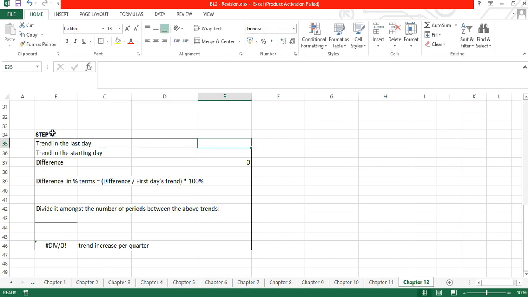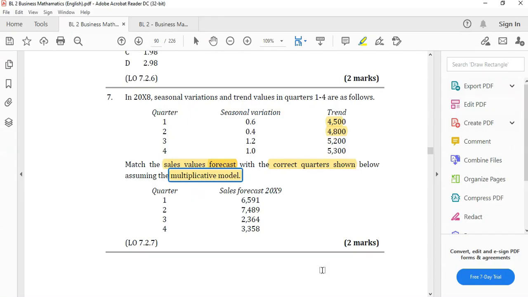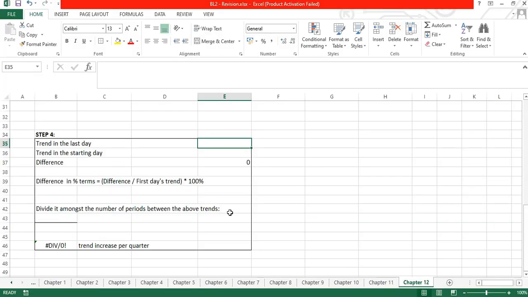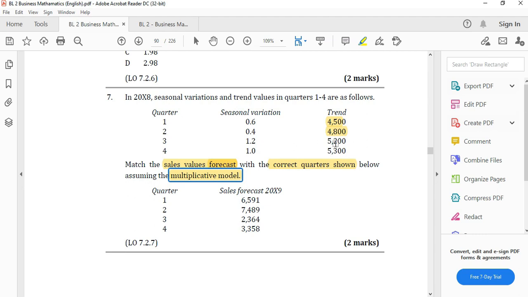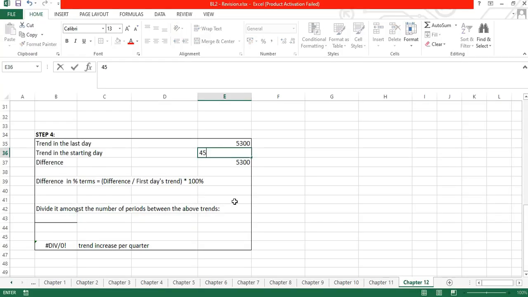So we take the trend in the last period, which is 5,300, minus the trend in the first period, 4,500. Therefore, the gap is 800. Now take it in percentage terms. 800 divided by the starting trend 4,500, multiplied by 100 percent. The answer will be